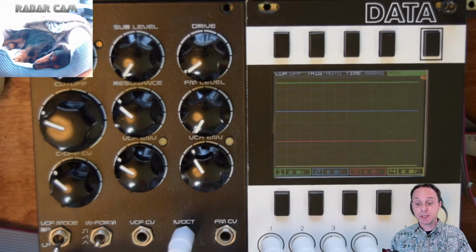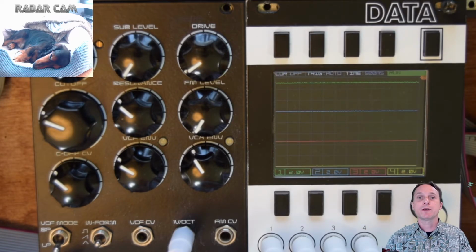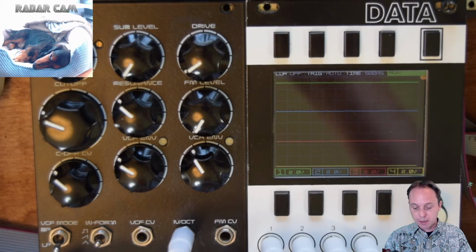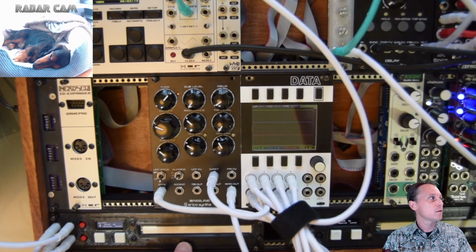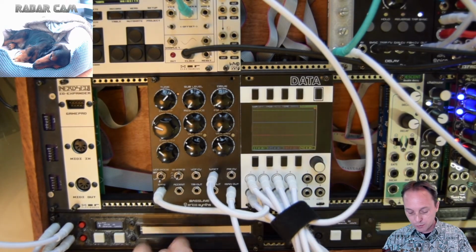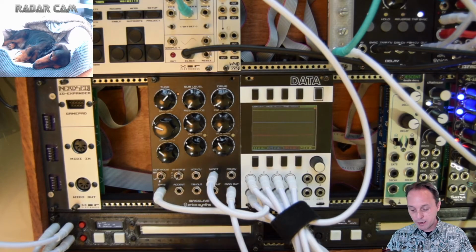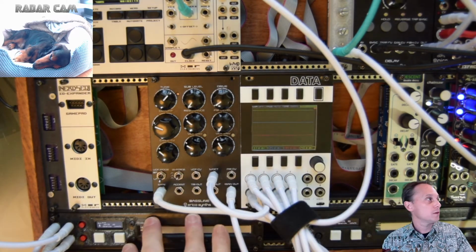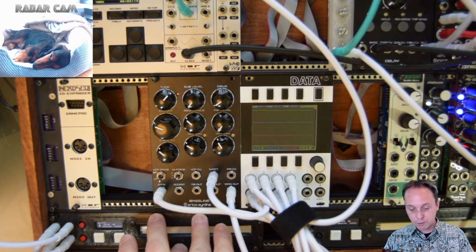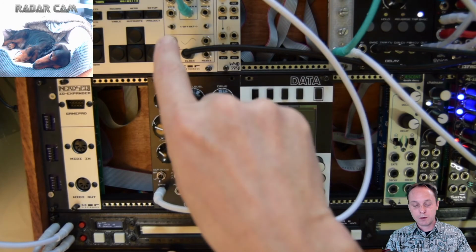Okay, so I've rearranged the case a little bit. I wanted to give you a really good close look at what Solo is doing to the CV as it comes through and is processed. So what I've done is I've removed the big 1010 format modules, replaced with just a simple one voice, which is the Erica Synths DIY bassline, and moved the scope down so we can get a nice tight shot of that. Solo is here. It's the only one involved right now, and our super simple sequence running on the NerdSeq